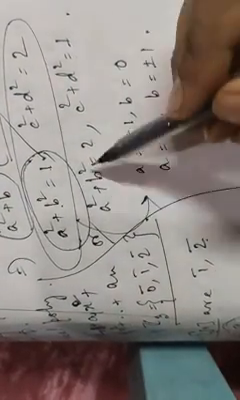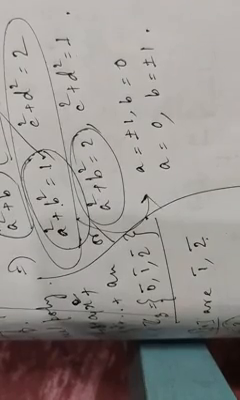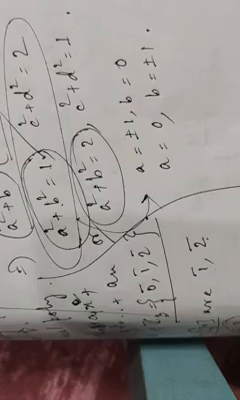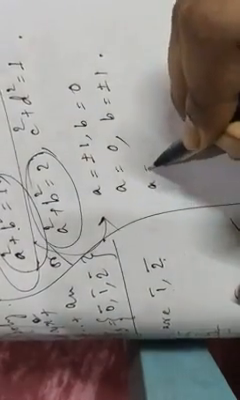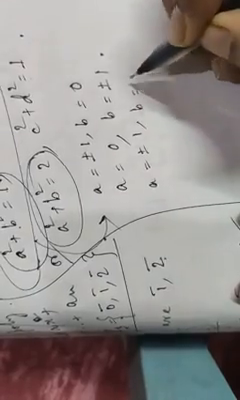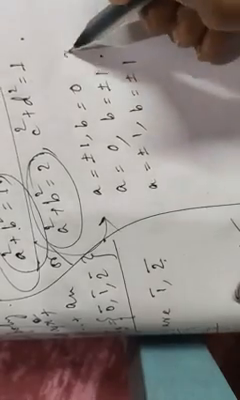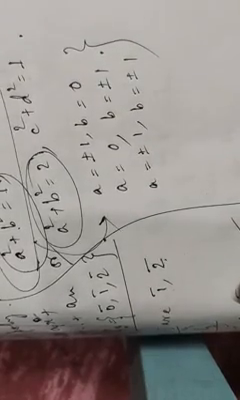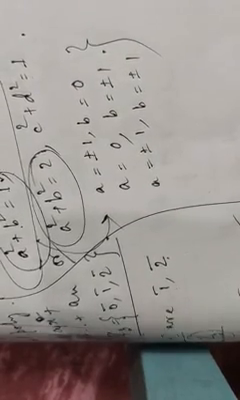And moving to the second condition, a square plus b square equals 2. So what values can be taken by a and b? a can be plus minus 1 and b can be plus minus 1. Then a square plus b square will become 2. So these are the only possible values of a and b. And we have chosen that a plus